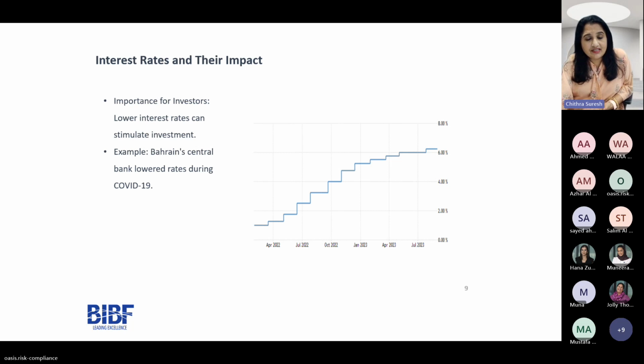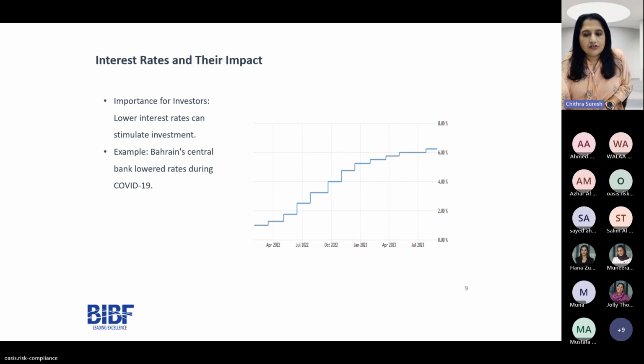So lower interest rates can stimulate growth, increase consumer spending, support the corporate's profitability, which can positively affect the valuation of stocks. Additionally, lower interest rates decrease the discount rate, which is the opportunity cost of your decision making, used to calculate the present value of future cash flows, making future earnings of stocks more valuable. On the other hand, higher interest rates can increase borrowing costs for companies, potentially affecting their profitability and the valuation